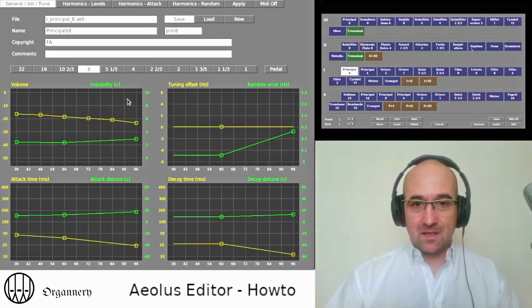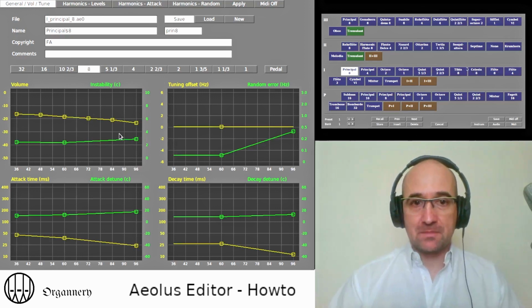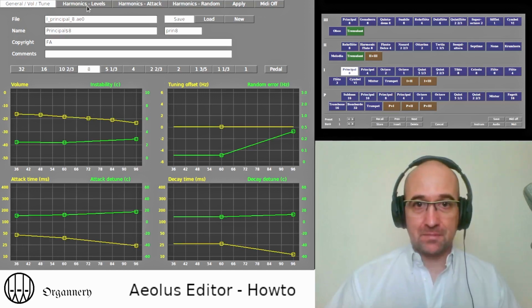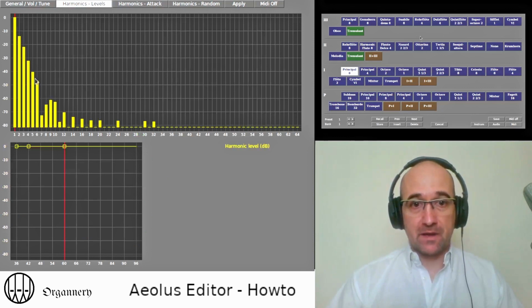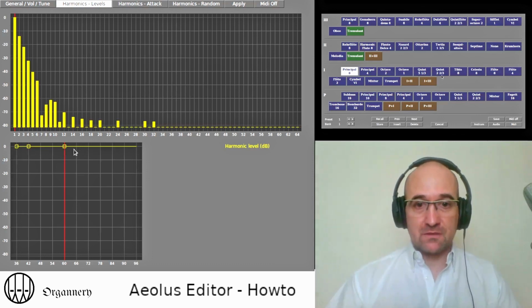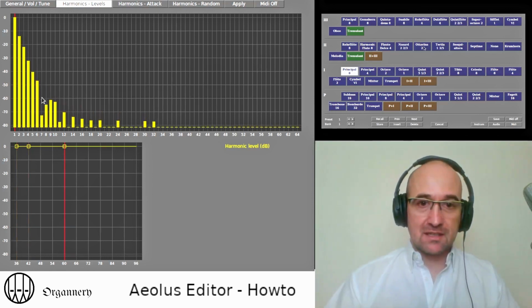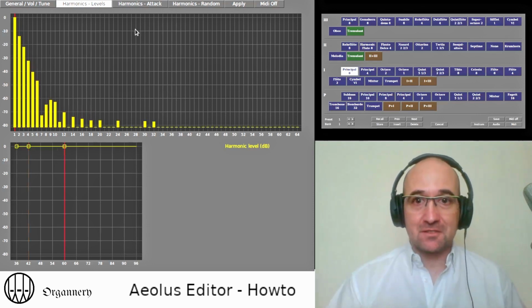This one is easy. Then you have all the parameters to edit the pipe sounds. Let's go through the pages rapidly. So here are the main settings applied to the whole pipe. Then you have a second page, which is harmonics level, which defines the strength of each harmonic. We'll see in detail how to use the editor. It can be different for different places in the organ, because each note does not have the same harmonic content, from one key to another.